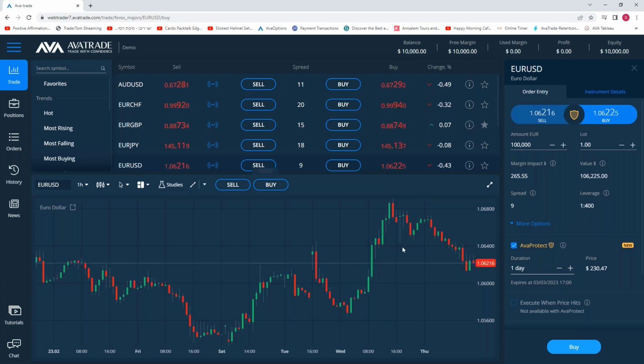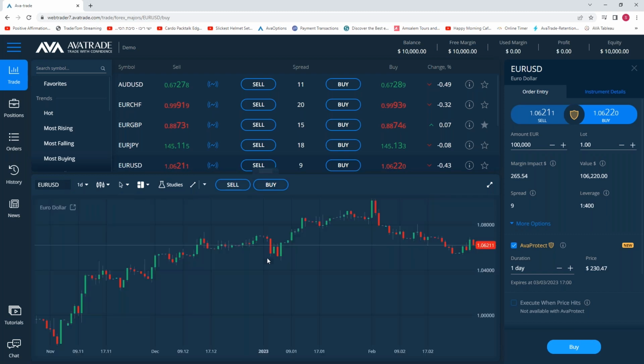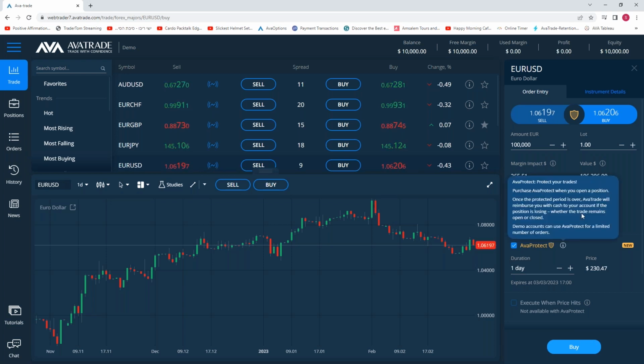Again, it makes sense on the larger time frames. On the daily chart, euro can move 40, 50, sometimes 100 pips. So on one lot, 100 pips, that's a $1,000 loss. And instead of that, you minimize your loss to only the premium that you paid of $230, right? I hope that makes sense.